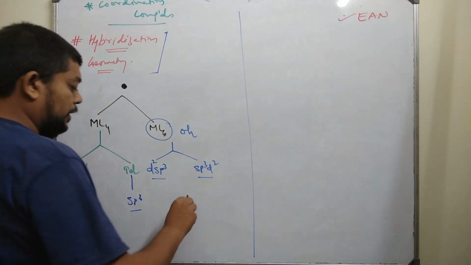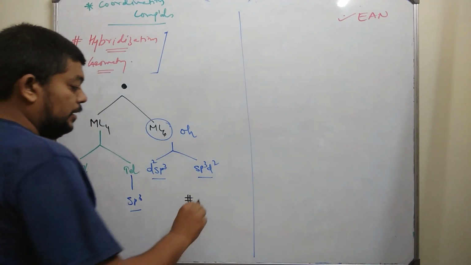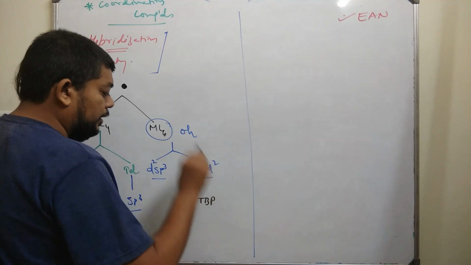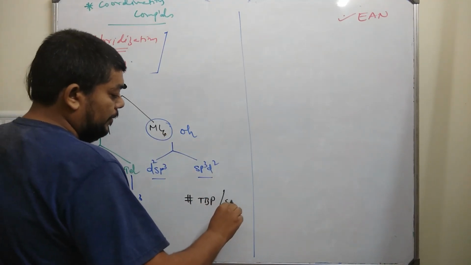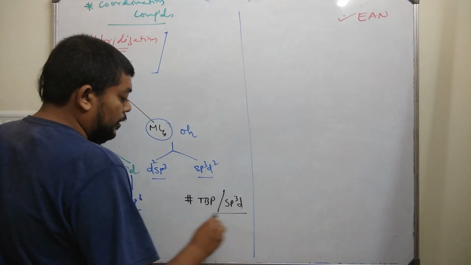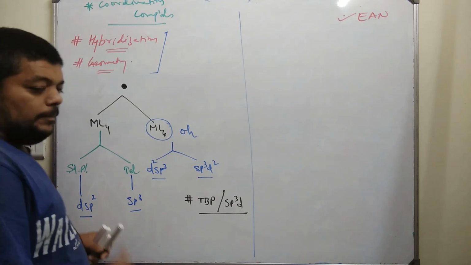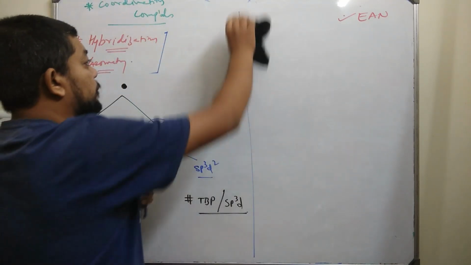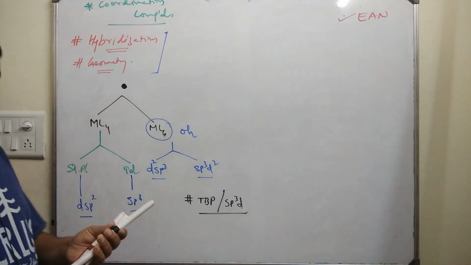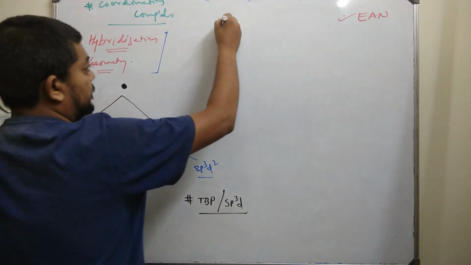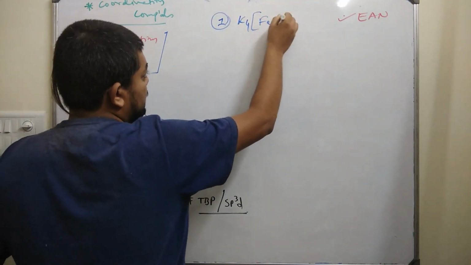Apart from all this, let us be very clear that there will be an instance where sometimes we will get a trigonal bipyramidal geometry, and when we have this type of geometry, we will be somewhere around sp3d hybridization. So let us begin with a few well-known popular examples and try to solve them through a proper method. Let us take the first example. We will start with a very popular complex, that is